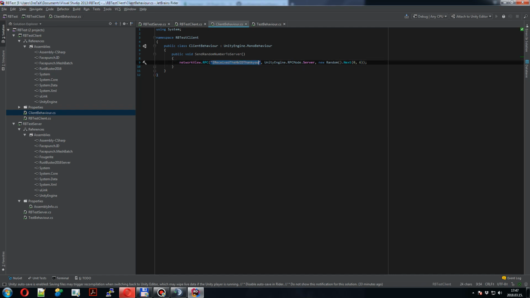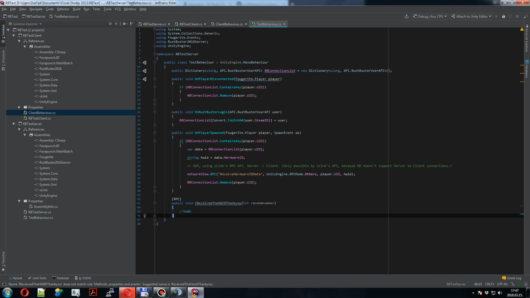And basically this RPC method sends a message to the server in the UDP connection, using uLink's RPC, calling the test server's method. So this is a simple communication between the client and the server using uLink's RPC API, which can be used by MonoBehaviour. Now, as I've mentioned before, keep in mind that these connections are not so secured